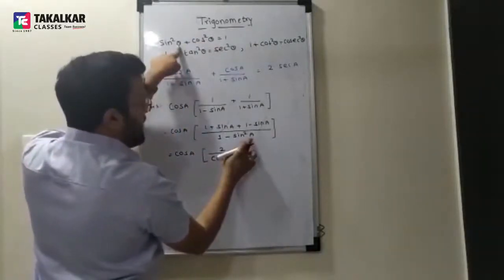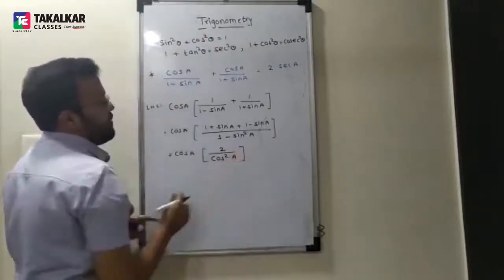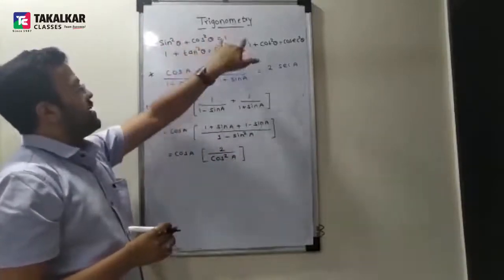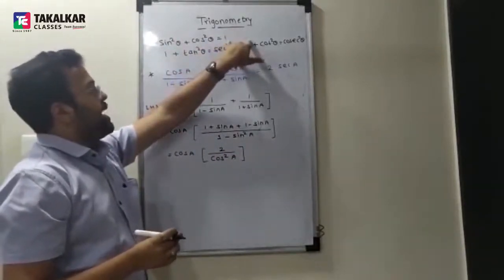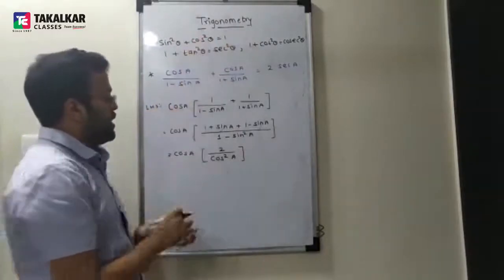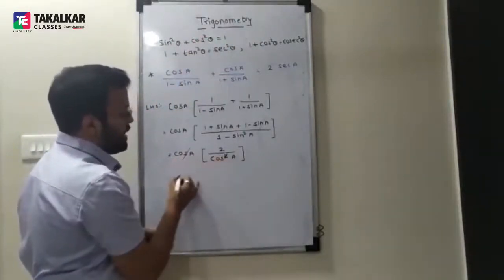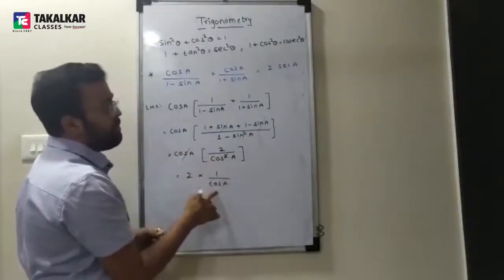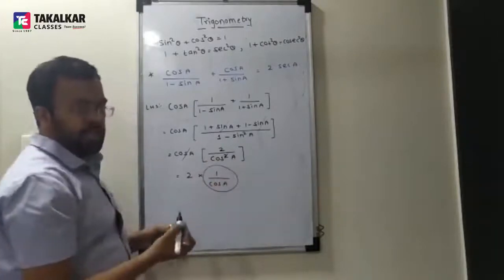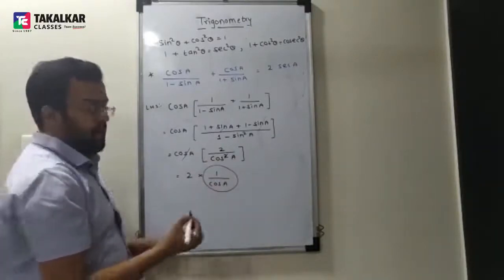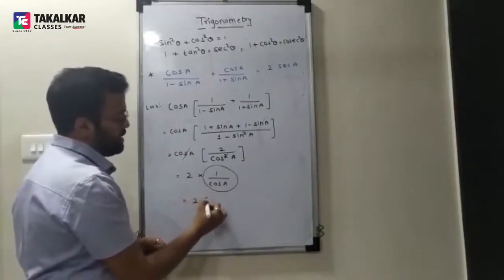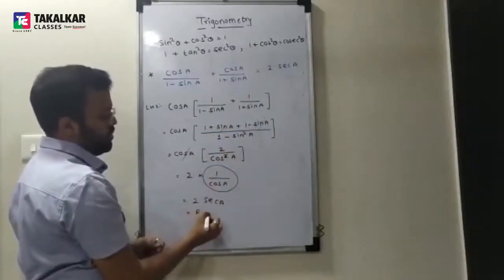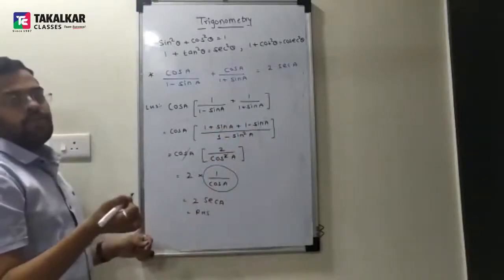यहाँ पे थीटा नहीं, यहाँ पे क्या? A. So write A. I'm reading once again. 1 minus sin square. 1 as it is. Plus sin square. यहाँ पे आके क्या होगा? Minus. So 1 minus sin square. What do you get? Cos square. Now 1 cos and 1 cos will get cancelled. So 2 into 1 upon cos. एक cos बचा था. But whenever you have 1 upon something, you think of opposite pair. Cos का opposite क्या होता है? Sec. 2 as it is. And this is sec A. This you want. Is this simple? Now we try one more sum.